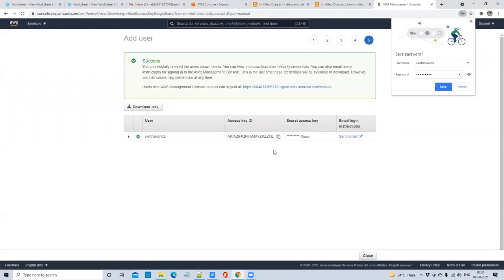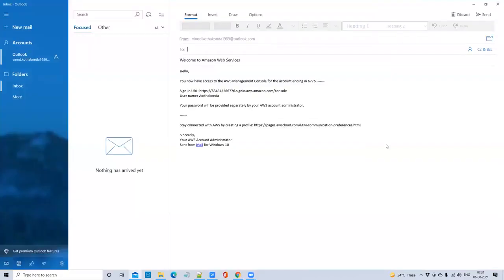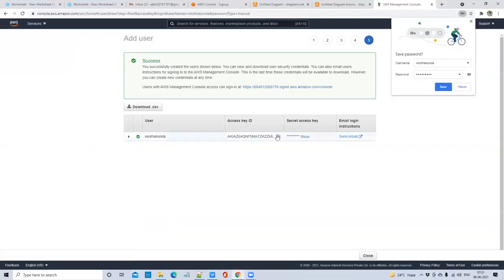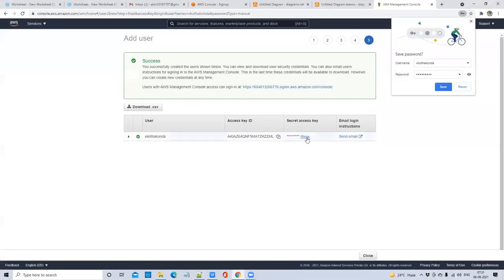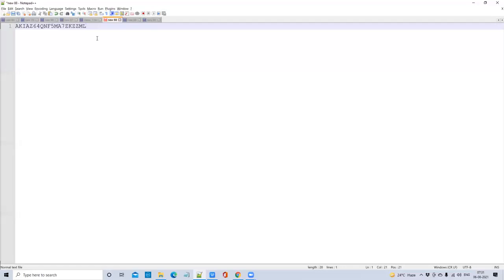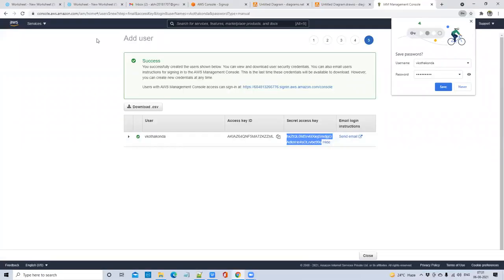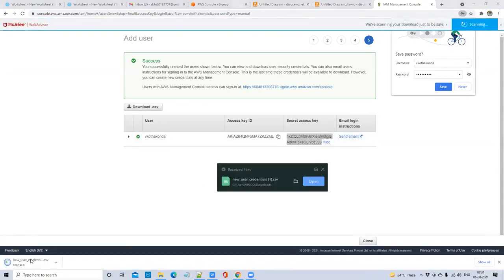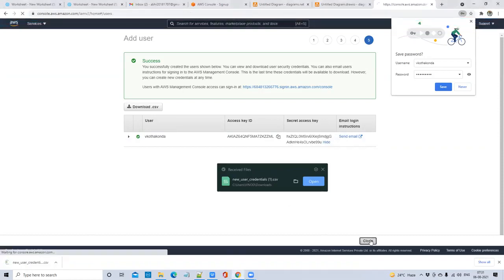I told you we'll get two things, access key ID and secret access key. So save these keys, or you can send an email. These keys are important during our data loading part. If you want to load the data to Snowflake, you may need these keys. There is one approach. First you need to save these keys, because after that you won't get them again. Here we have a download CSV option, you can download it here. Now I am closing it.